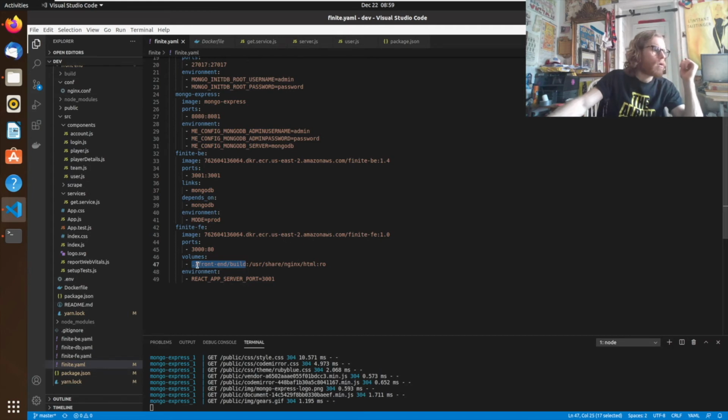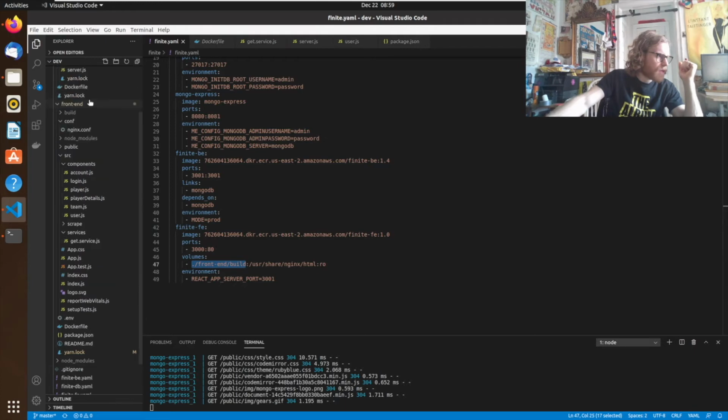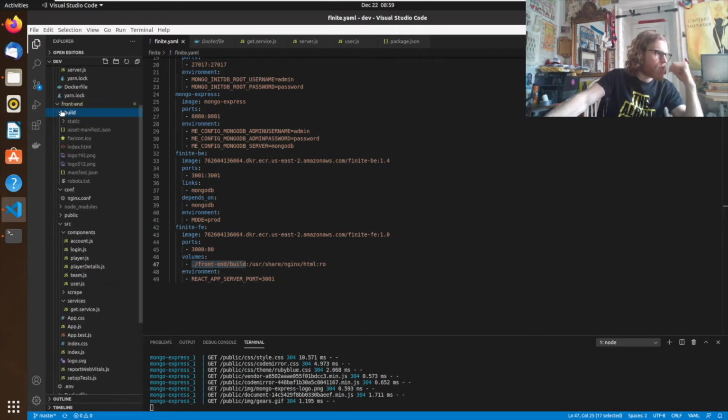So what our front end build folder is here is right here. This is just an optimized build that comes with React scripts. So anytime you run React scripts build, it creates this build folder inside your root for you. So all of my development still goes down in source here. This is where all my components are, but